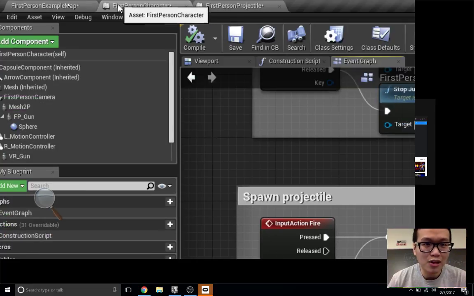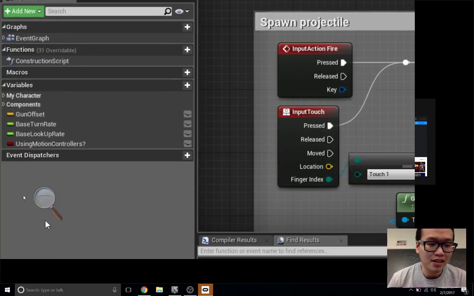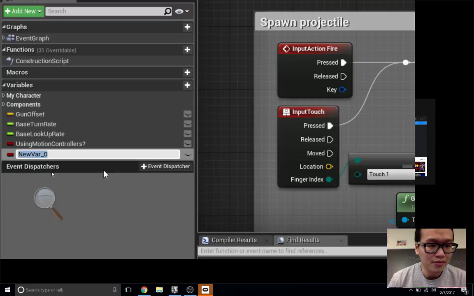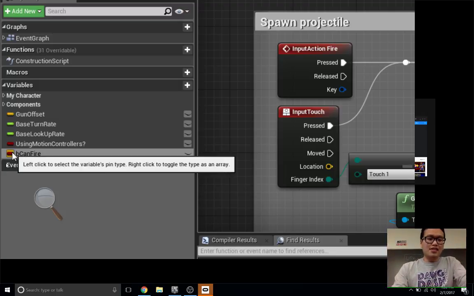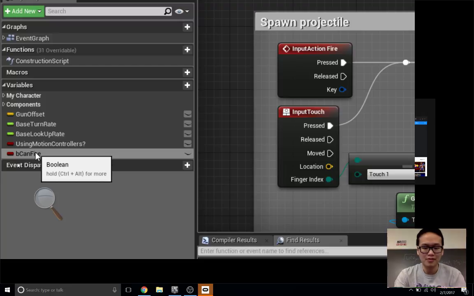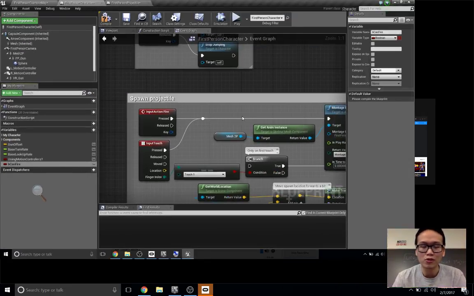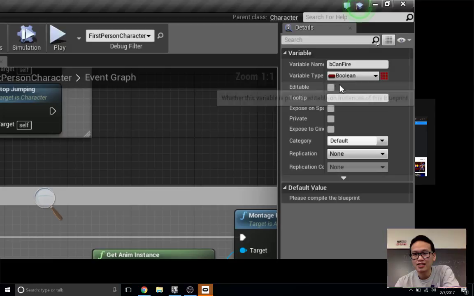We can create a new variable called B can fire. B stands for Boolean. That's my convention. When you create a new variable, it's gonna default to whatever the previous type was, but if you click on the variable B can fire, you can see the variable type on the details panel.